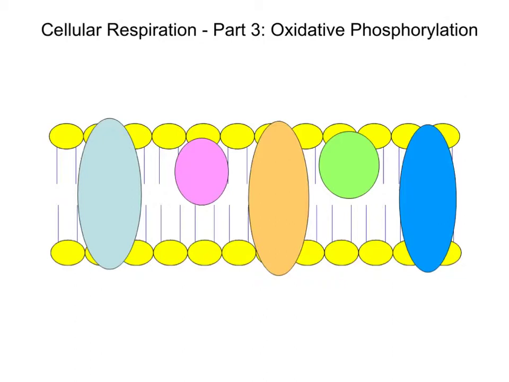known as oxidative phosphorylation. Oxidative because along the way we're getting a series of oxidation reactions, so things are losing hydrogens, losing electrons. And phosphorylation because we are adding phosphate to certain molecules. Now, ultimately, the aim of this process is to produce ATP, and it's ATP that is going to fuel biological